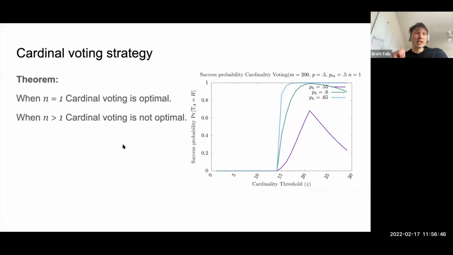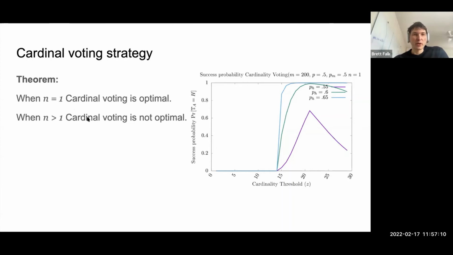And the nice thing is we can show that if there's only 1 voter, or if all the voters pool their information, cardinal voting is indeed optimal. This is actually strictly better than threshold voting. And again, these aren't simulations. These are the actual probabilities in the case that you have 1 voter, that when the committee size is 21, all of these things have peaks at 21.